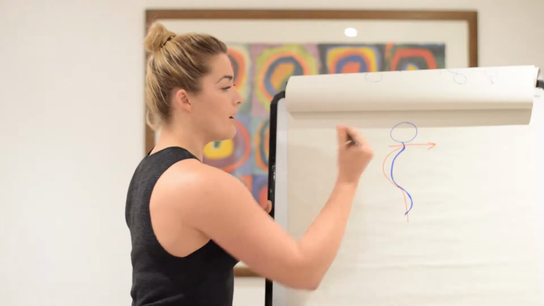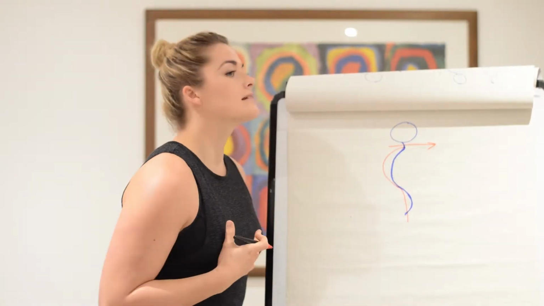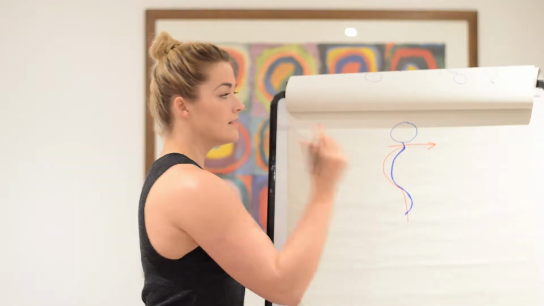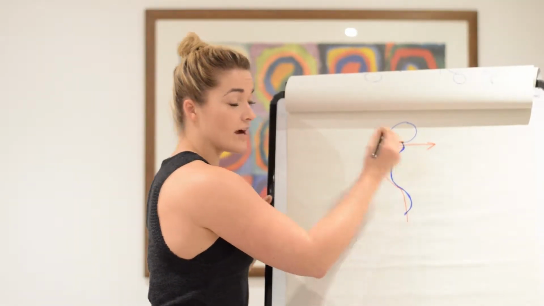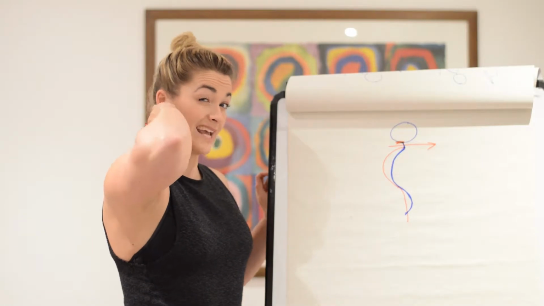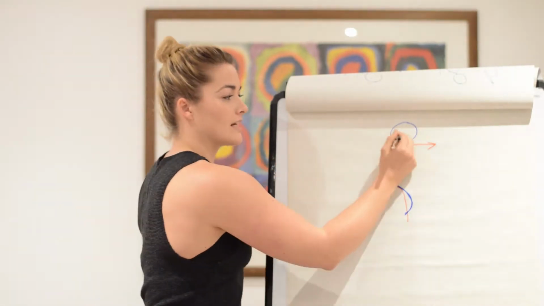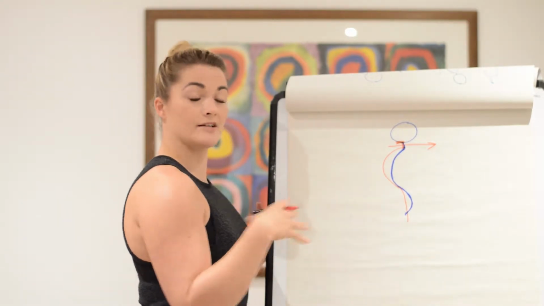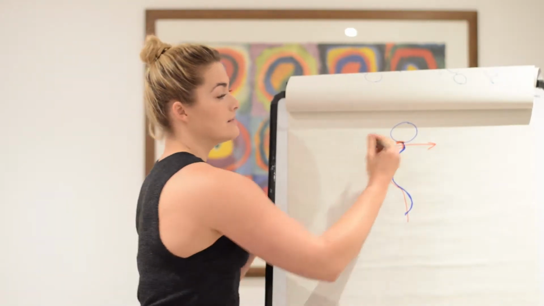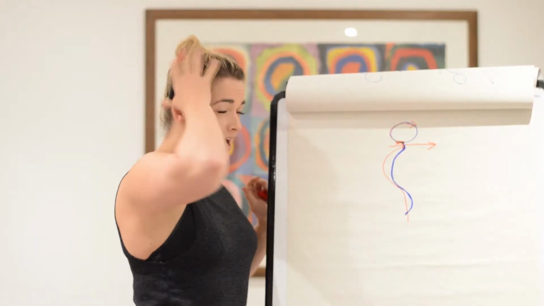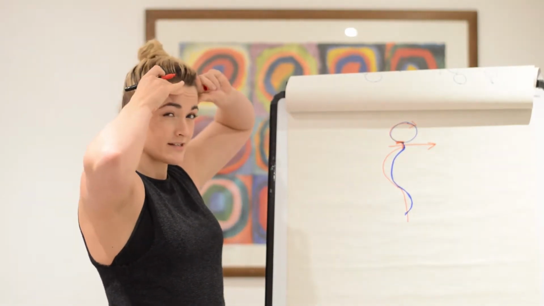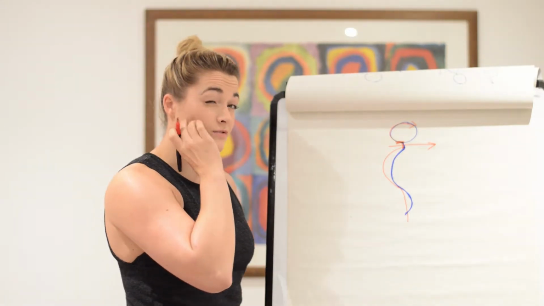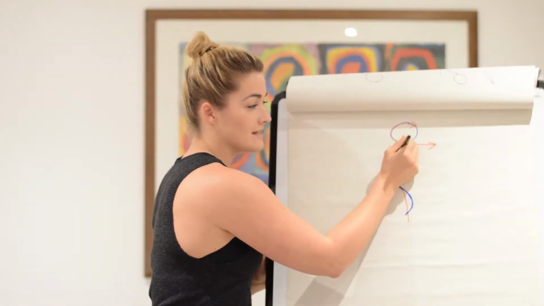Typically in the long term, up into the neck area, when the head's coming forward, we get a lot of compression around the base of the head. This causes tightness and contraction through your suboccipital muscles here, as well as tension, clicking and pain within the neck. What happens with that is that can then trigger, for example, headaches. So you can start to get tightness around the top of the head, almost like a vice around the top, around the temporals here. We get a lot of tightness through the jaw,